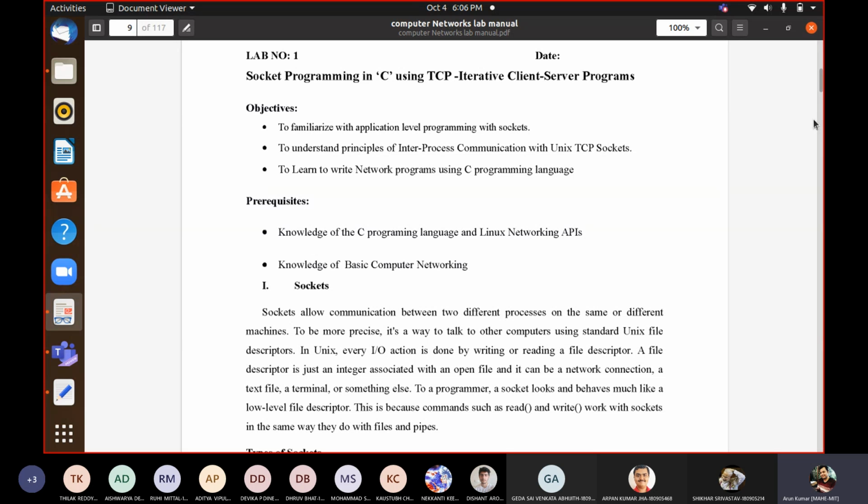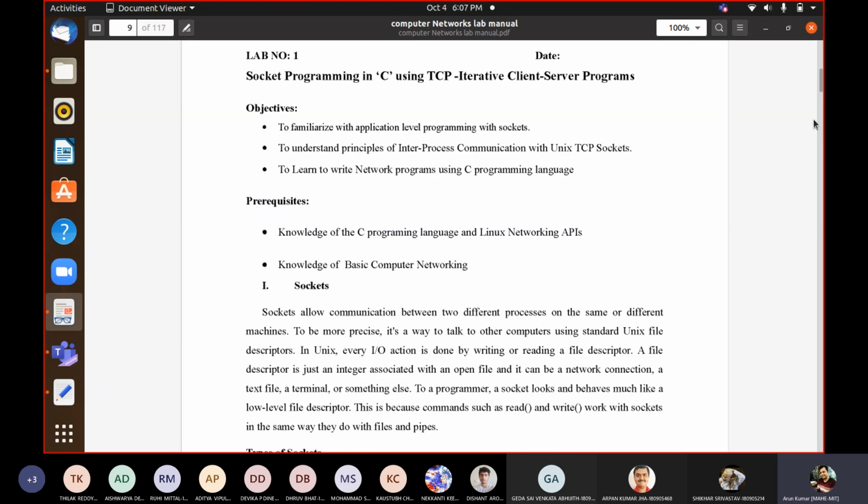You can use these sockets to ensure communication between two processes, and those two processes can be part of the same host or same machine, or part of different machines. It doesn't matter where those processes reside and operate. We can use the concept of a socket to ensure communication between them.